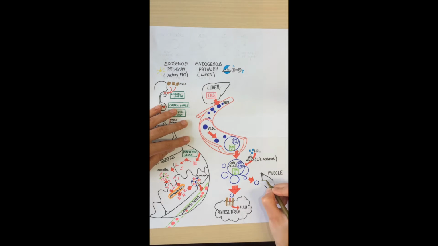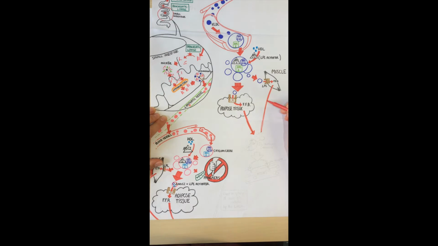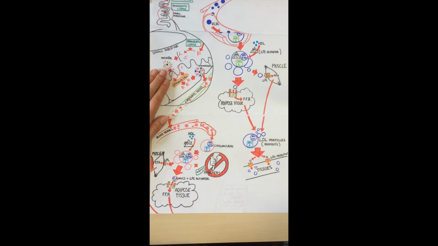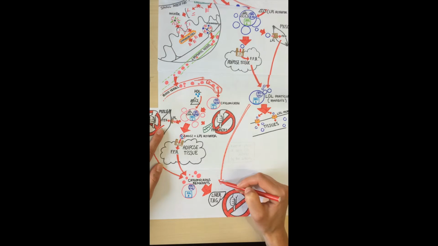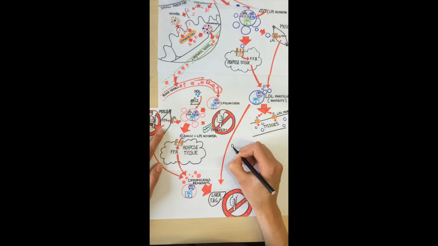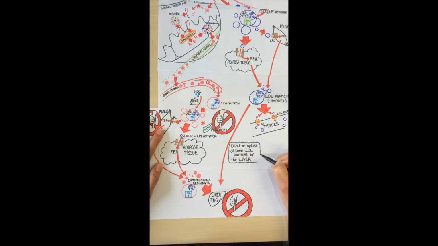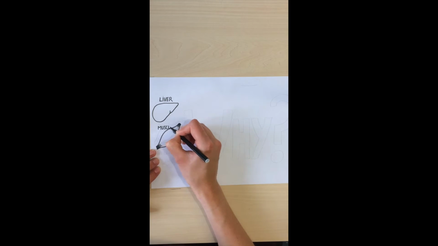So as in the exogenous pathway, not everything is taken up by these organs. There are LDL particles which are remnants that will be used in the tissues in our body, and they enter the cells. So LDL particles enter the cells through LDL receptors on the membrane. Finally, part of the LDL particles that were not used go back to the liver and are stored in VLDL particles again. So we say that there is a direct reuptake by the liver. And that was the endogenous pathway.